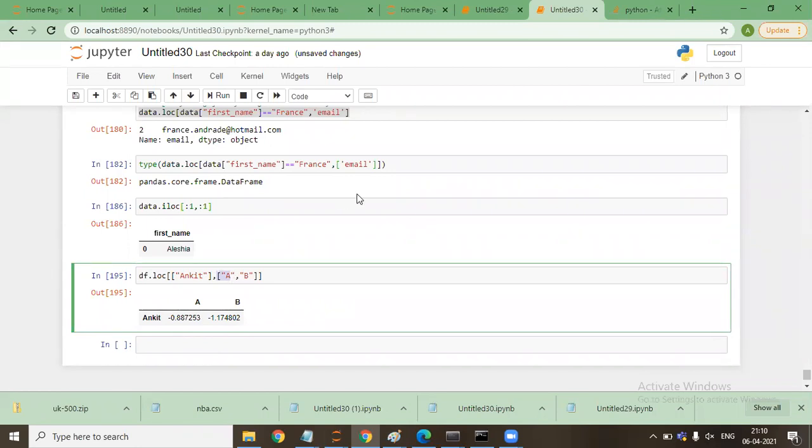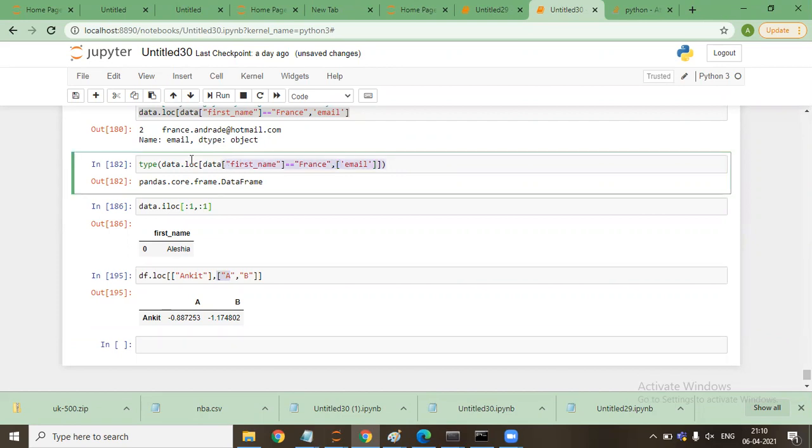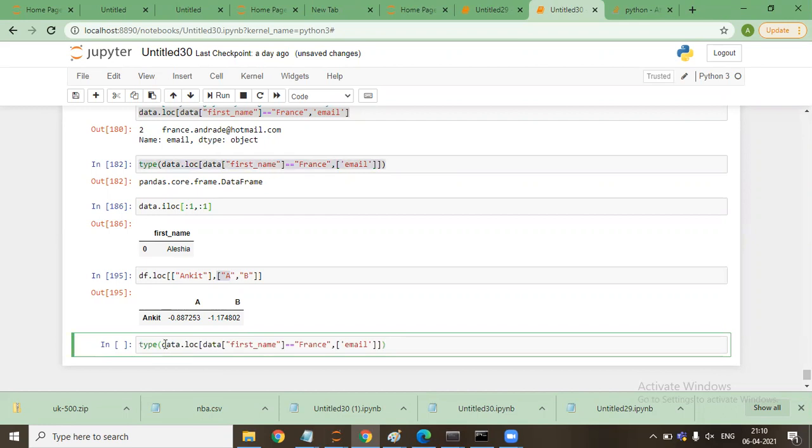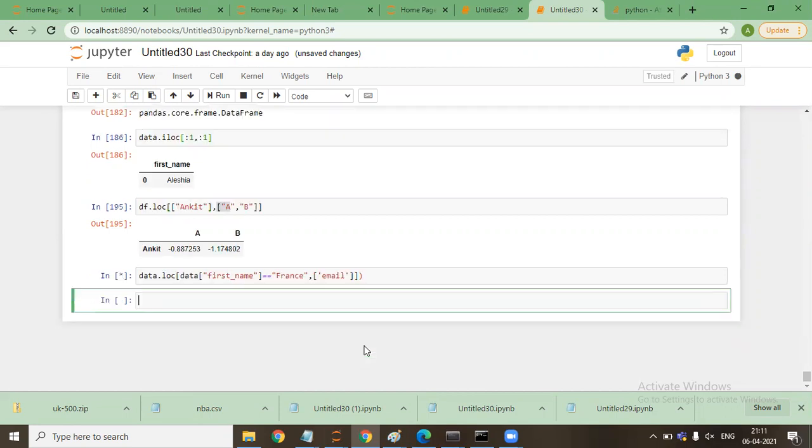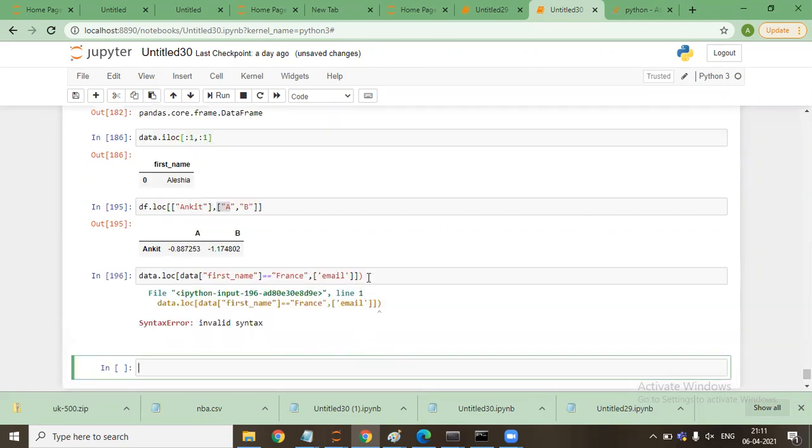Yes, sir. So now here as well, what we are doing is, earlier the rows were already embedded in square brackets, and now we have embedded the column in square brackets as well, and it has been converted into a data frame. And these values are randomly selected?